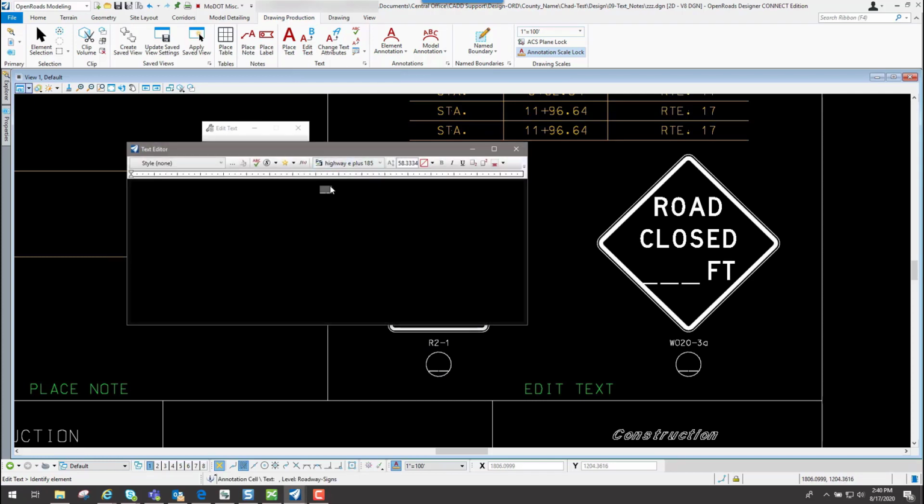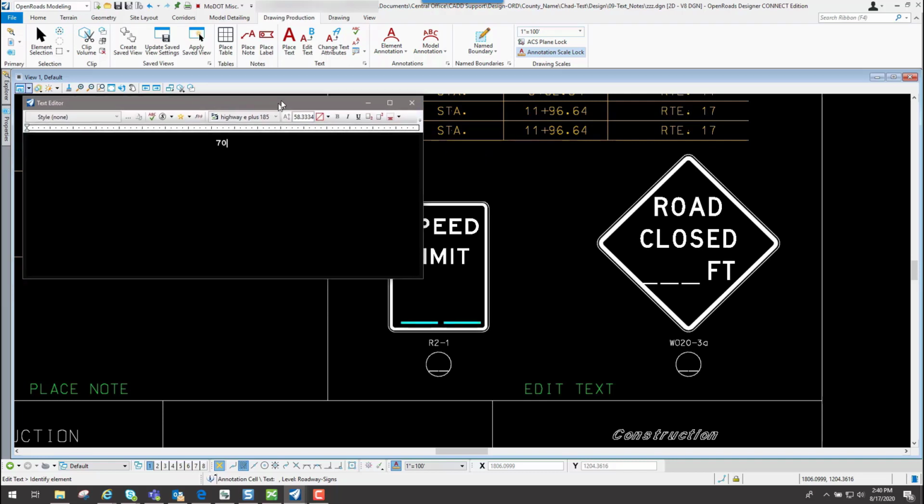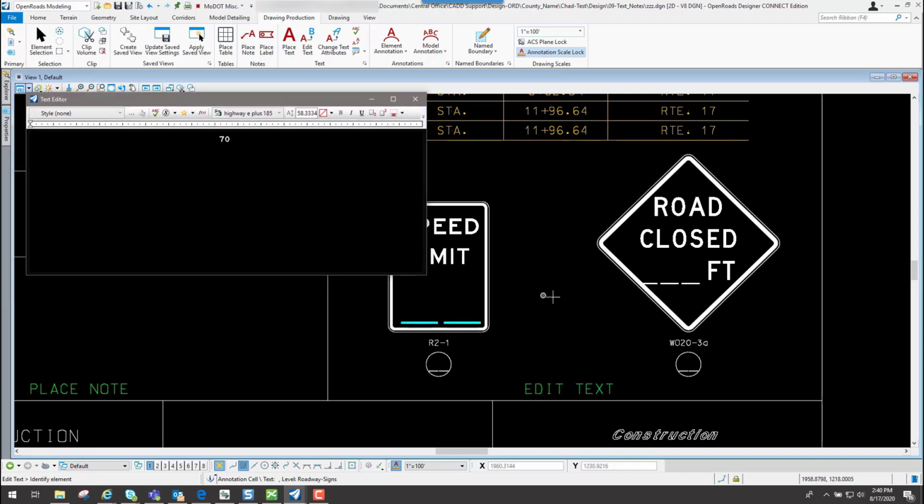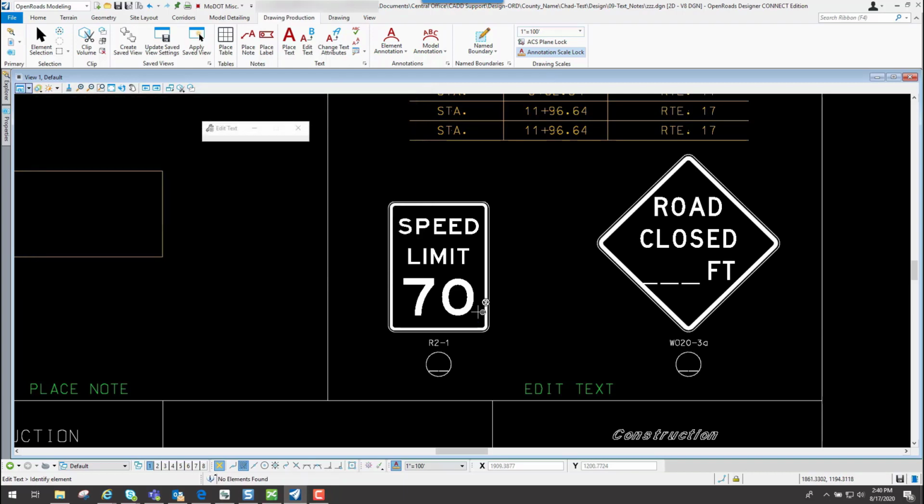you're going to see that we have 2 dashes. If you see just 2 dashes, you pretty much just want to put in 2 numbers or 2 letters or whatever. So if I come in here and put in the speed limit, and once I have that typed in, I just left click out on the screen somewhere to accept it, and you'll see that it's going to have the correct attributes for that piece of text according to that sign.